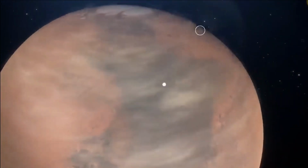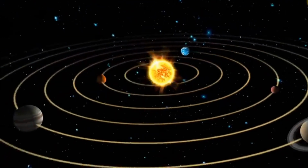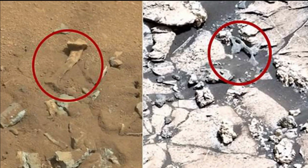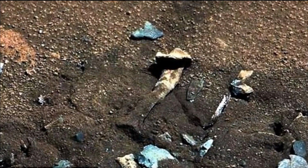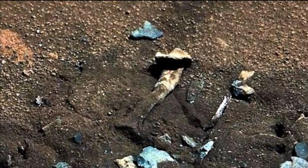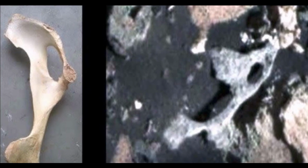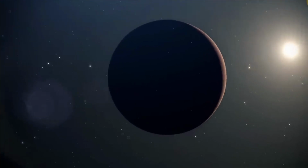which would have ultimately led to their untimely death. But thankfully, NASA quickly debunked these rumors. The prominent space agency admitted that this mysterious object indeed looks like a femur thigh bone. However, the mission science team members believe that the shape is likely created by erosion. Furthermore, a spokesperson for the organization reiterated that the red planet doesn't have enough oxygen in its atmosphere and elsewhere